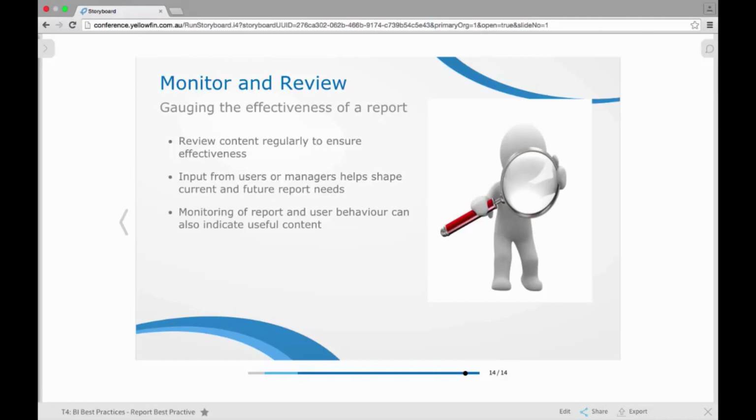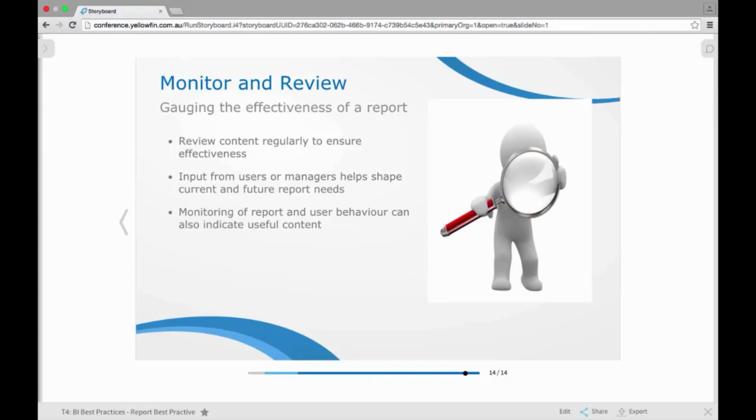Another way that you can effectively monitor reports, and this is probably post-report creation, is by using some of the reporting and user behavior that's logged within Yellowfin. So there are a range of events tables in Yellowfin that you can access to pull in information around user and report or content behavior. So this can tell you, okay, this report I created for the last month has been accessed by 20 people a day. So we can see this report is instantly being used, it looks to be very